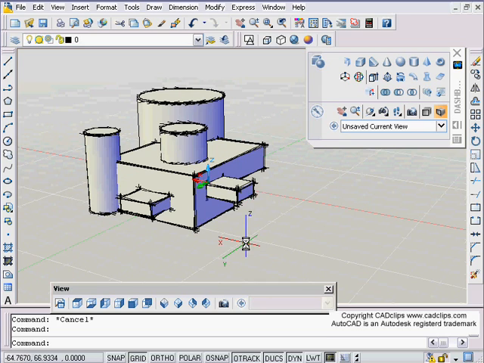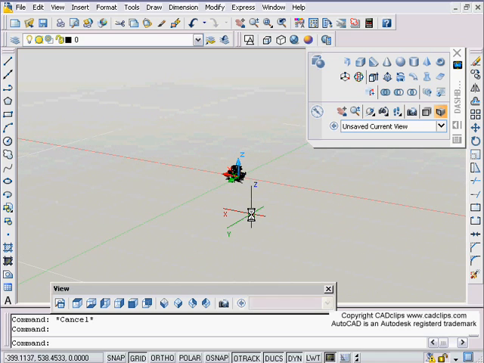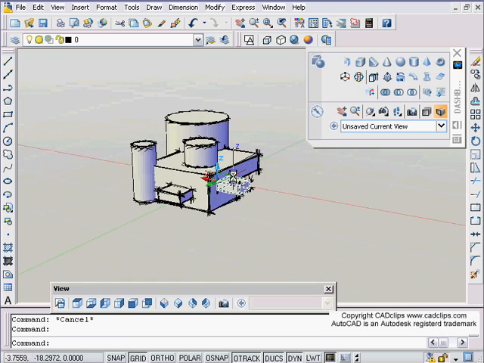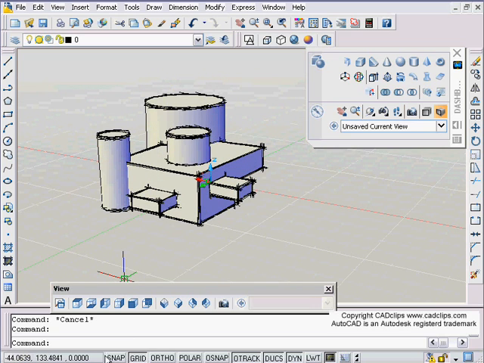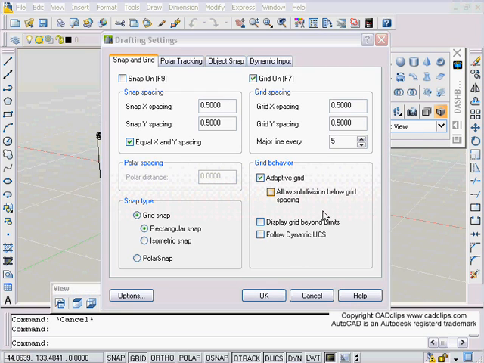So a couple things I want to point out is that if we go down controlling that grid, you'll notice it's kind of a virtual grid. You keep zooming out and it keeps showing it, and then it also respaces itself as it goes along. Okay, if you go down here to our good old snap and grid and you right click and you go into settings, you'll see that we have now display grid beyond the limits,